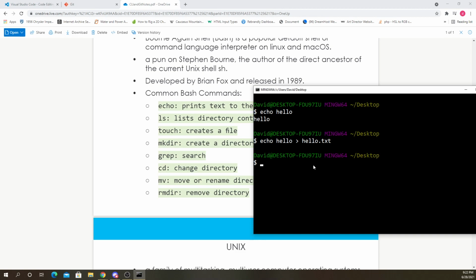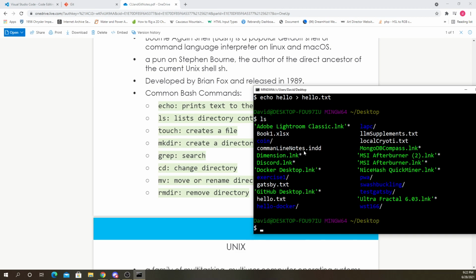that should create a file. Now let's do an ls. We can see there's a hello.txt. So when I typed ls to list my directories, we see that now there's a hello.txt. If I could show you my desktop, here it is.